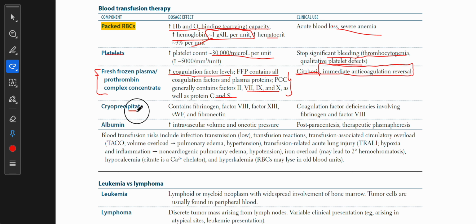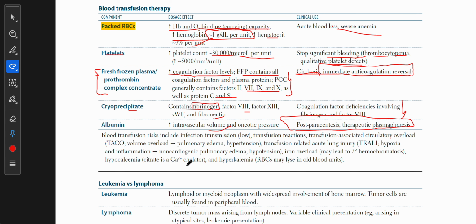Cryoprecipitate is used where it is mainly composed of fibrinogen, right? And also factor 8, factor 13, vWF and fibronectin. These are used in coagulation factor deficiencies involving fibrinogen and factor 8. Albumin is used in post-paracentesis cases and therapeutic plasmapheresis cases, and the clinical effect is an increase in intravascular volume